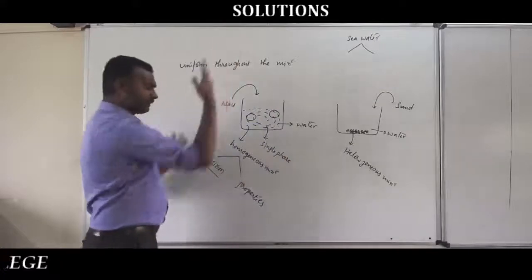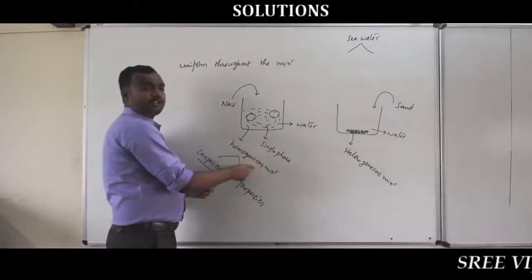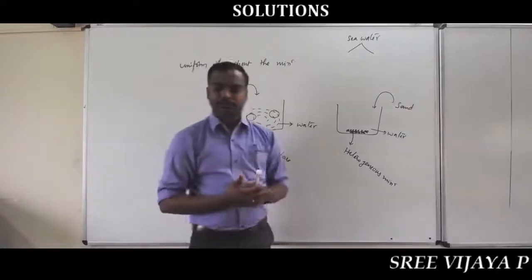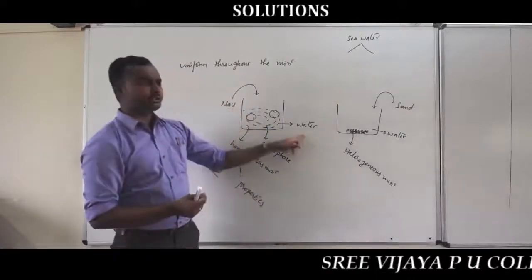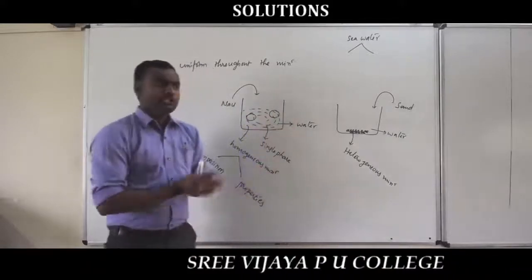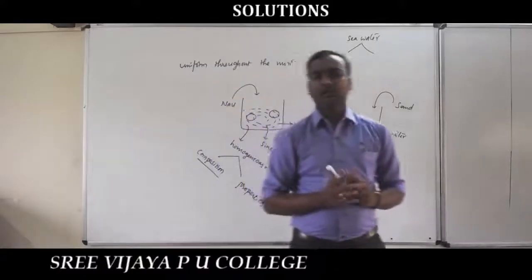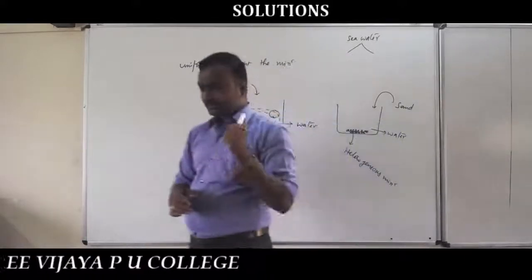So therefore sea water is also taken as a homogeneous mixture. But in that homogeneous mixture it consists of two or more components. So the given example has two components, or you can add NaCl, or even dissolve glucose in it. So totally, if a homogeneous mixture has two or more components,